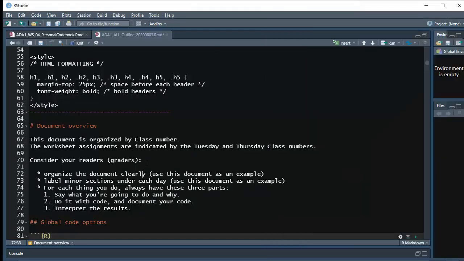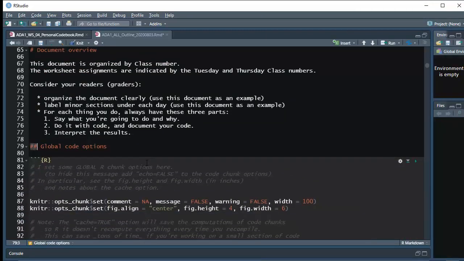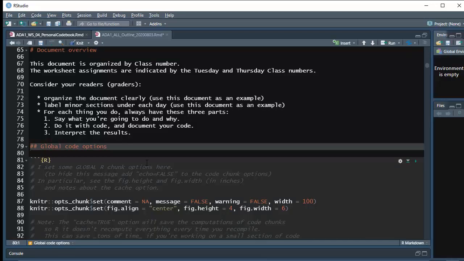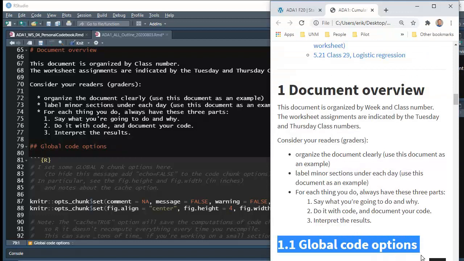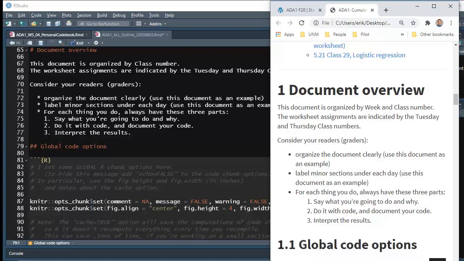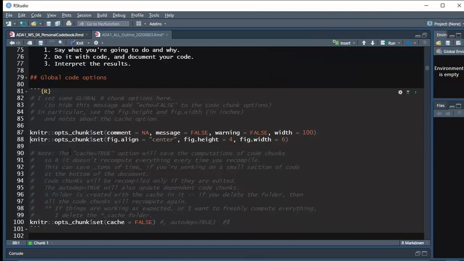Okay. We've got a section here. So then double pound sign gives you a subsection. If pound gives you a section, then double pound gives you a subsection, and triple pound gives you a subsubsection, and so on. And so notice that global code options is under section 1 and puts a decimal 1 as the subsection. All right, so I've got some code here. The main things maybe that are sort of interesting,